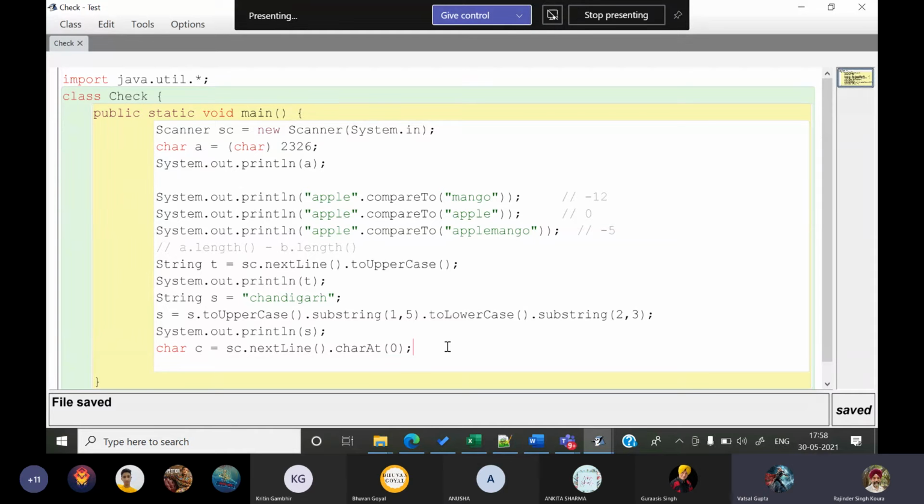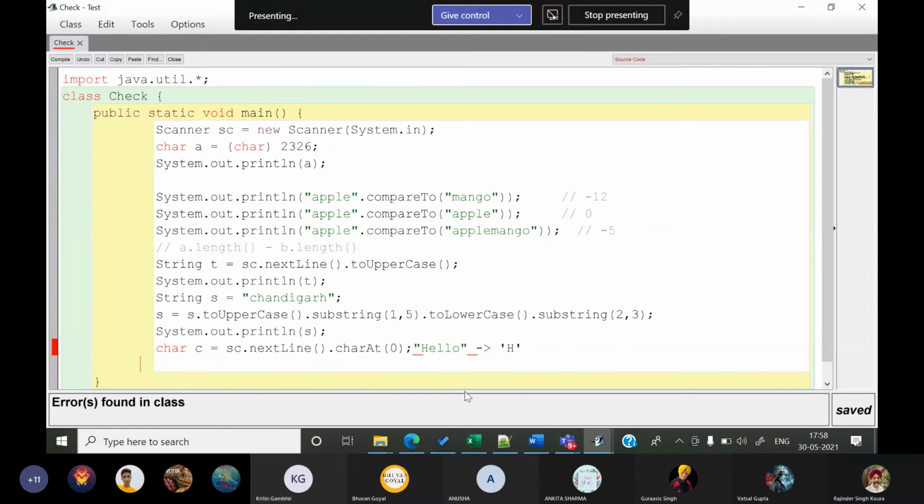Whatever you have written on the next line, suppose you wrote hello inside it, then it will return the first character, the 0th character, and store it in c. So it will be stored in c, which is actually going to be this letter, right? Okay, so chaining is being used here too. You used chaining last year, but you did not actually understand what the chaining was doing. So the nextLine function, just like here, was taking input and converting the whole string to uppercase and then storing it into a string. But now we are taking a string as input, and from that particular string we are just taking the 0th character, and that is being stored. Make sense? Yes, sir. Yes.